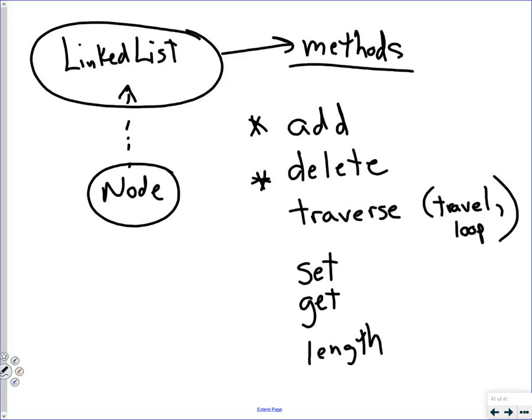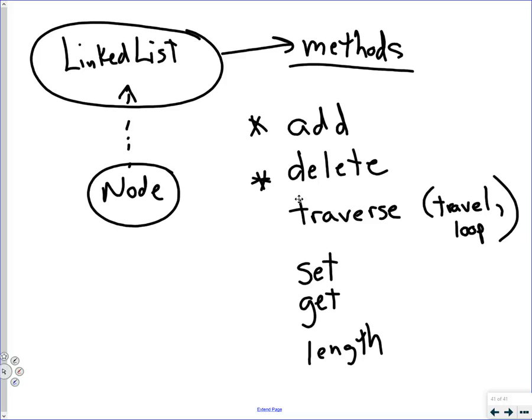Where do we add? Do we add to the front of the list, the back of the list, in the middle of the list? When we add in the middle, do we add in front of the thing or behind the thing? Same with deleting. If we have 20 versions of the letter A in our linked list, do we delete all of them? Do we delete the first one, the last one? So these are a little more complicated, but those will be the methods we're going to write in creating our